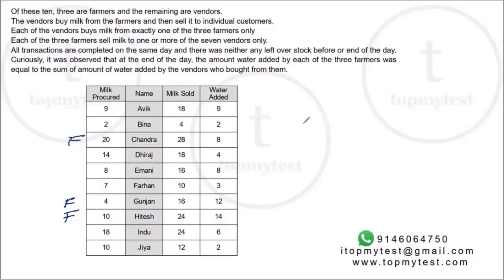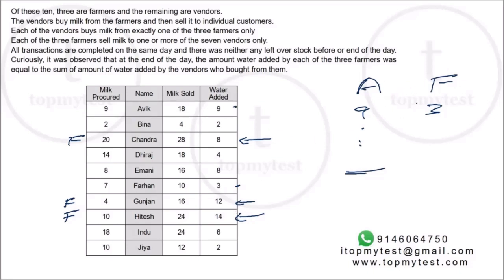Okay, now let's figure out who are the vendors who buy from these farmers, right? Now, the easiest way to start is Avik and Farhan, right? Because they have odd numbers. And if you look at it, each of the farmers has added an even number of water. Right. Now, if you separate Avik and Farhan, right, this 9 and 3 of water, whoever is the second or third vendor who buys from these farmers, they are going to have even numbers. One odd number plus any number of even numbers is going to give you only an odd number, right? But none of the farmers add odd number of water, right?